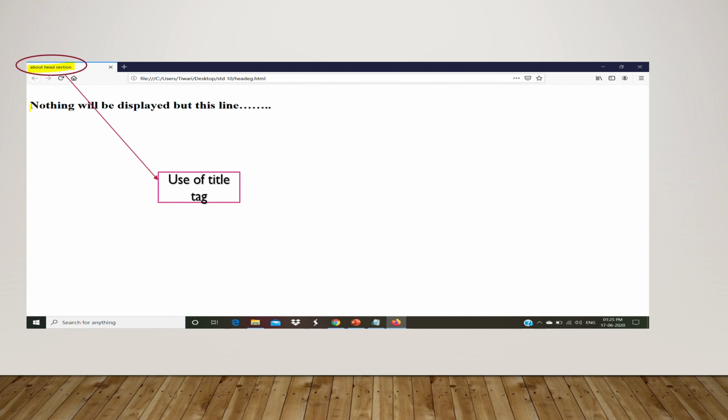Then this we have written in the body tag, that is in the paragraph tag and in the h1 tag. So only the things which we have written in the body tag are displayed. Rest of all the meta tags which are written within the HTML head tag are not displayed over here.